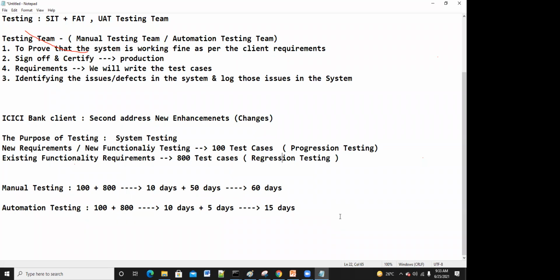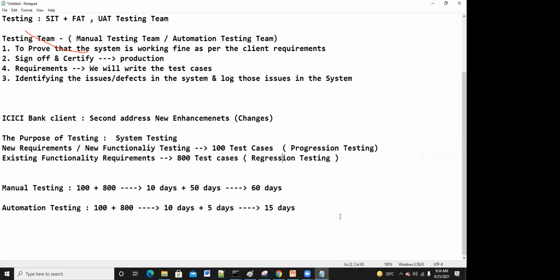Okay, so that is the background about testing. Why are we learning? The importance of testing is that we have to complete the testing on time. If you are completing your testing after 3 or 5 months, what is the use? Suppose, let's take the practical situation in COVID. If you are finding the solution after 5 years, what is the point? So you have to find the solution immediately, so that they can take business decisions very quickly. Like that, automation testing is the solution to test the software.